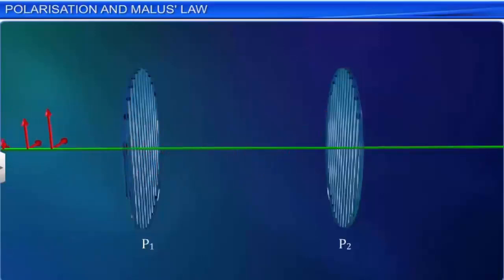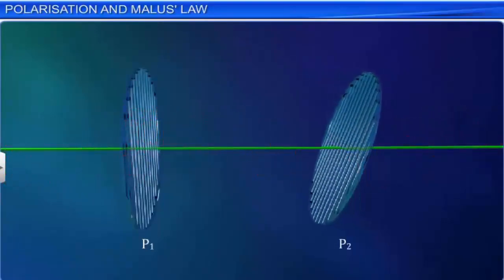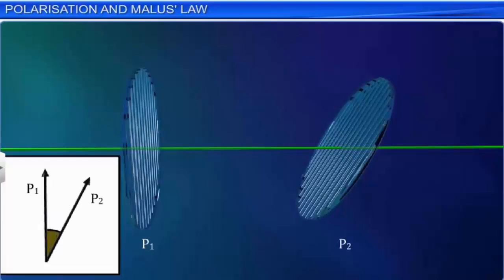If the pass axis of the Polaroid P2 is parallel to the pass axis of the Polaroid P1, then the entire light transmitted by the Polaroid P1 is also transmitted by the Polaroid P2, and hence the intensity is maximum. If the pass axis of P1 makes an angle theta with the pass axis of P2, then